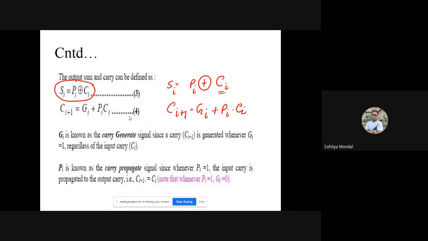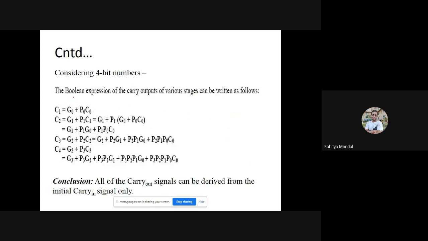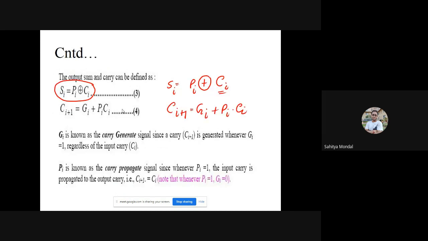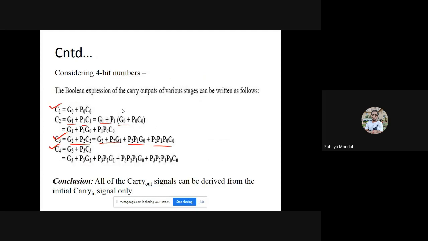Okay. So this is the general formula. So how will this formula be captured, that is C4, C3. You can develop this expression by the substitution method, as you have already done for the different expressions in your different papers. So I will take an example and solve it by this carry look ahead method, and we can also see how C4, C3, C2 will be calculated.